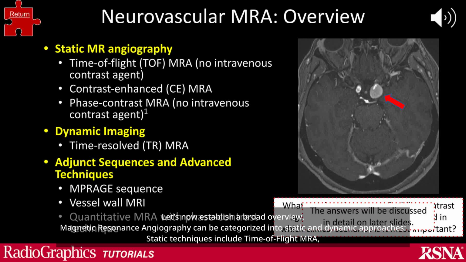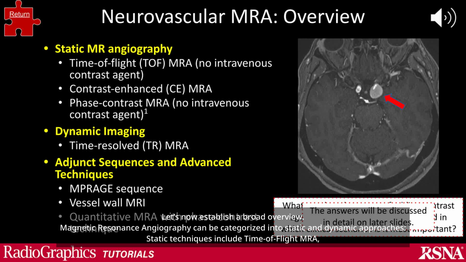Let's now establish a broad overview. Magnetic resonance angiography can be categorized into static and dynamic approaches. Static techniques include time-of-flight MRA, performed without contrast, contrast-enhanced MRA, which uses gadolinium, and phase contrast MRA, also typically non-contrast. Dynamic techniques are represented by time-resolved MRA, which enables assessment of vascular flow over time. Adjunct and advanced methods include the MPRAGE sequence for plaque characterization, dedicated vessel wall MRI, and quantitative MRA utilizing phase